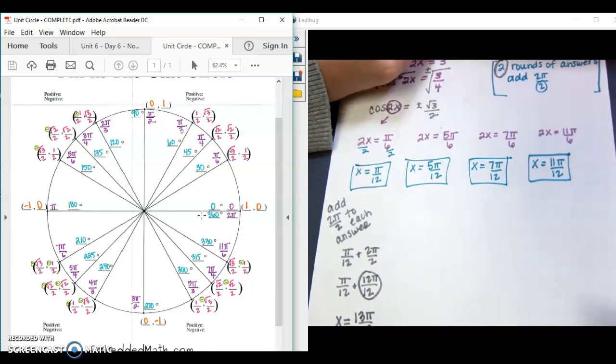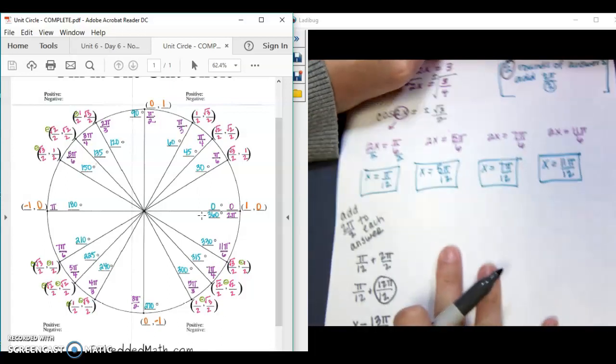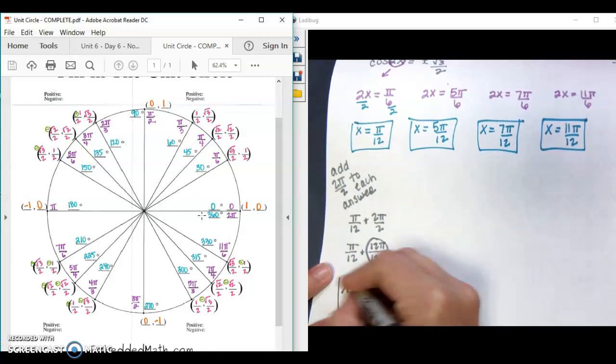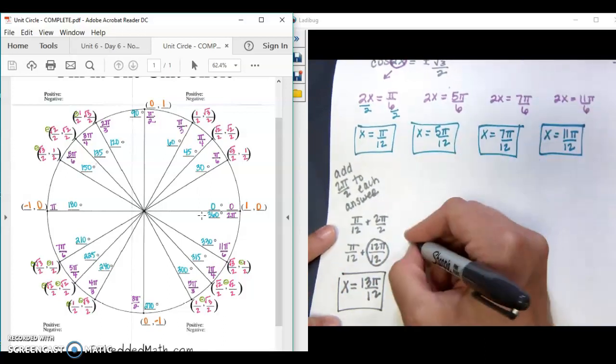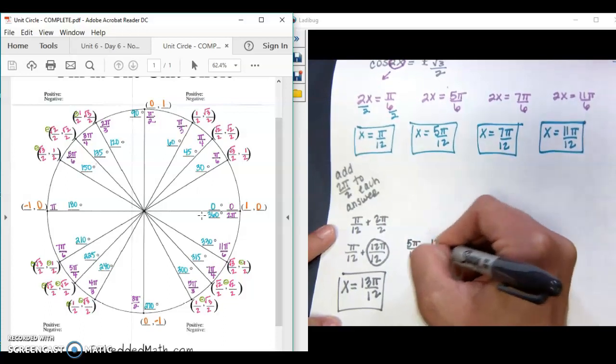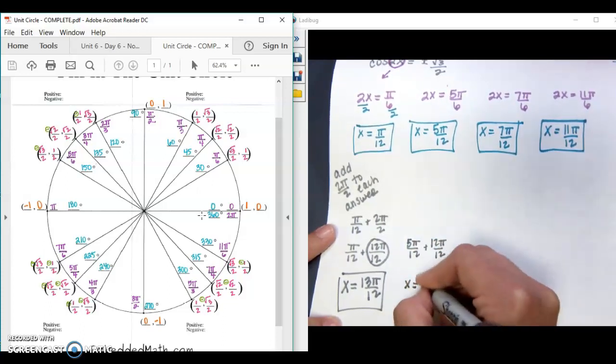Move this up a little bit. Okay. So there's another answer. So then if I take my 5 pi over 12 and add my 12 pi over 12, my next answer is going to be 17